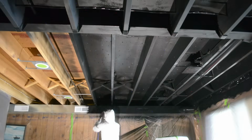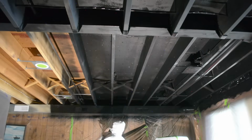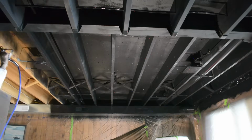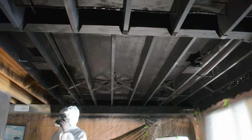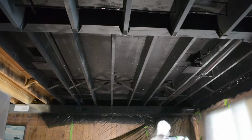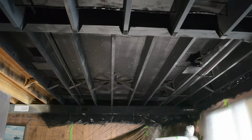Also, you want to make sure that you're trying to spray everything from a variety of angles because there's a lot of nooks and crannies in the ceiling and it's hard to get everything. During my research for this project, I learned that some people primed and some people didn't. I decided not to prime and I just used one coat of the paint and had no issues. I was also able to spray the metal vent without any problems either, and I covered the entire basement with